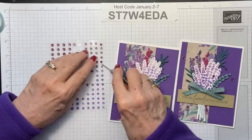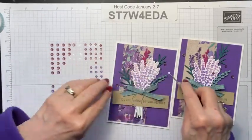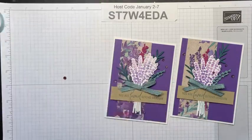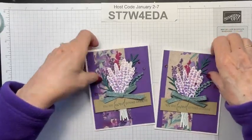We won't spend a whole lot of time on this one because it's already done, and you've already seen how to make it. So, there we go. Okay, there's our first card. What I wanted to show you on this one is how to add color to this main stamp. So, the next one